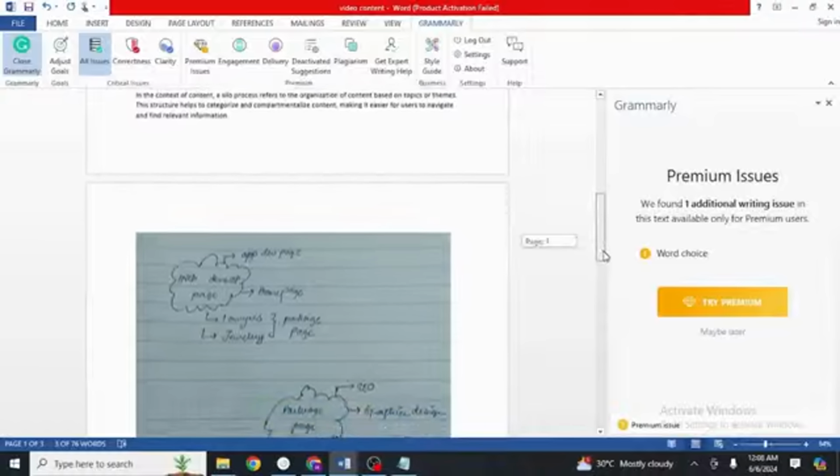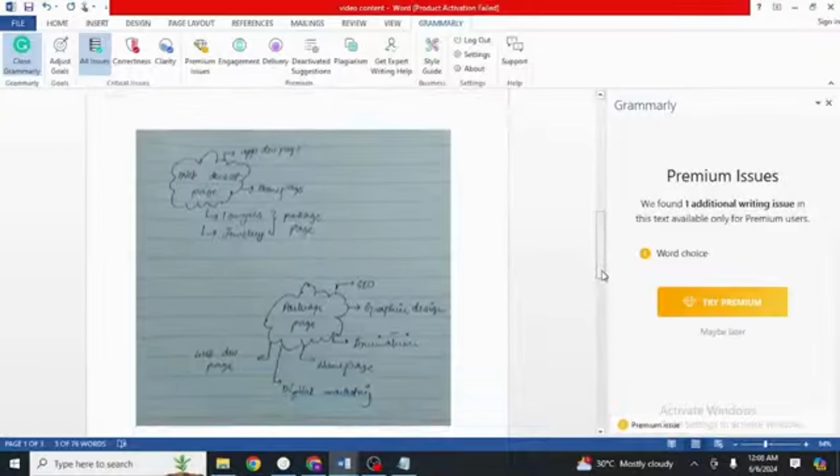The very basic silo process is this: let's say I made two pages for my company, a web development page and a package page. In the web development page, I have to use some keywords that I can interlink with the app development page and the home page of my company. Before writing the content, I prepared this, that somewhere I have to interlink both of these in my web development page.